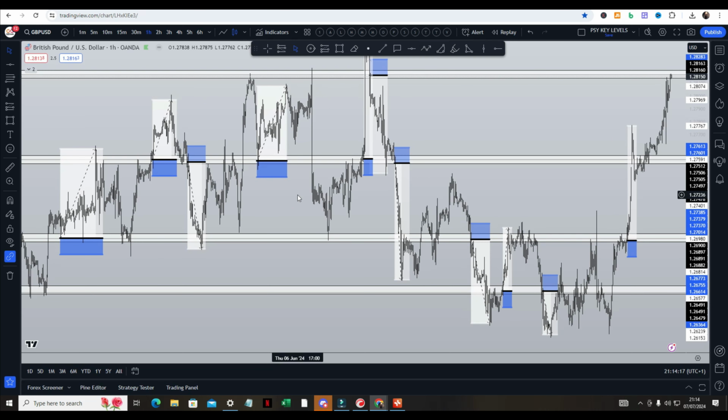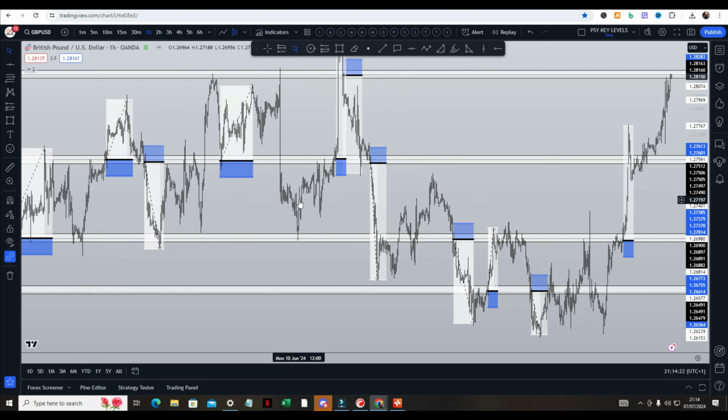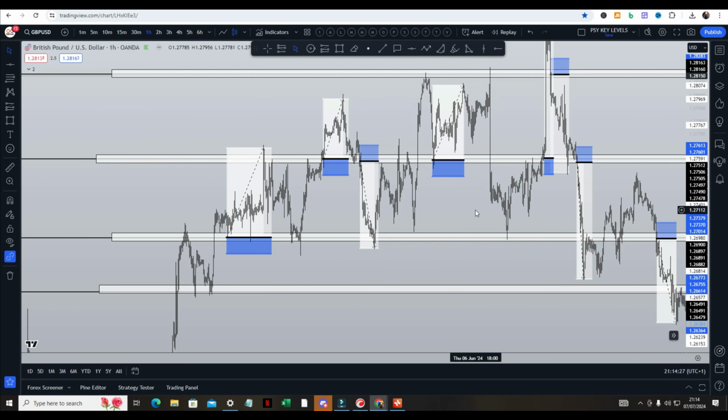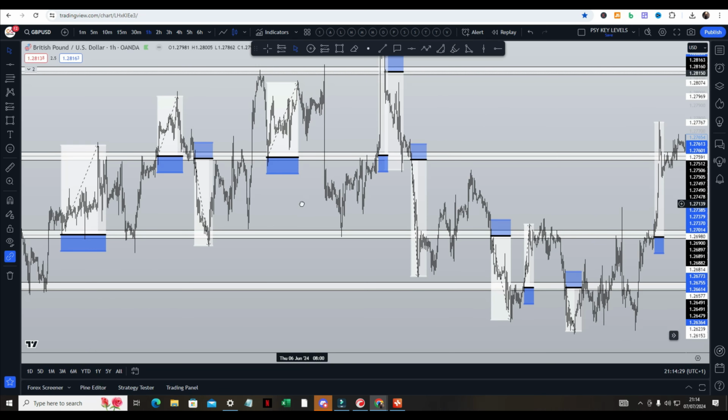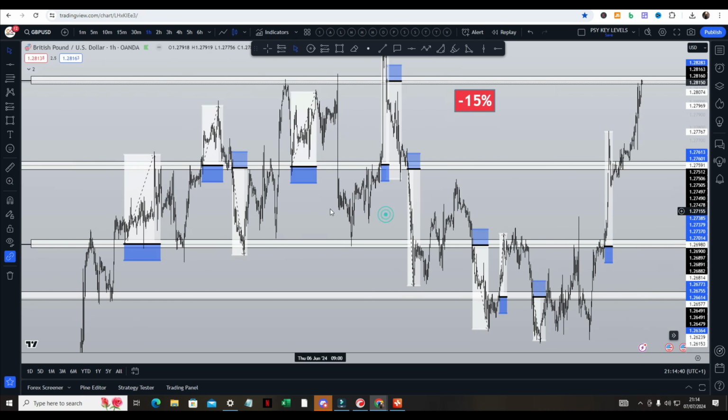How to be the 1% and not the 99% in trading. At the same time, we're going to be going through the break and retest as well. I've already marked out all the winners. What I normally like to do is chuck in minus 15% just to give the market the benefit of the doubt. We're also going to add more losses, but I'm going to give the market the benefit of the doubt of minus 15% regardless.